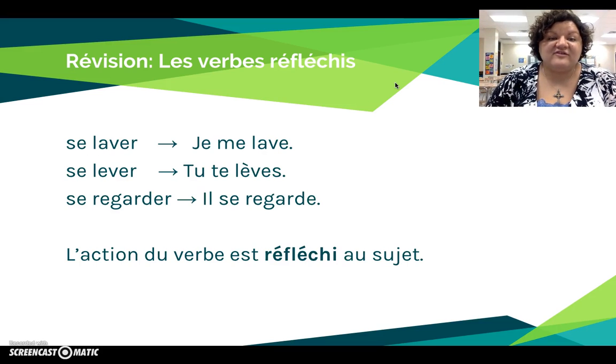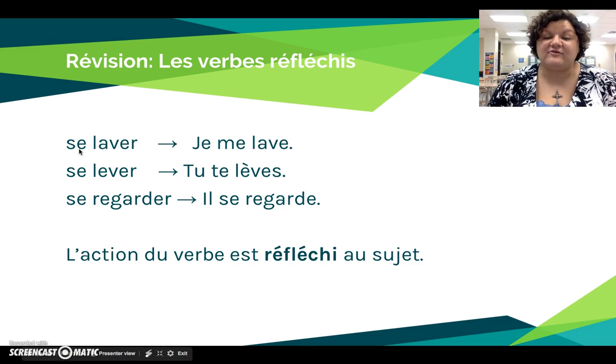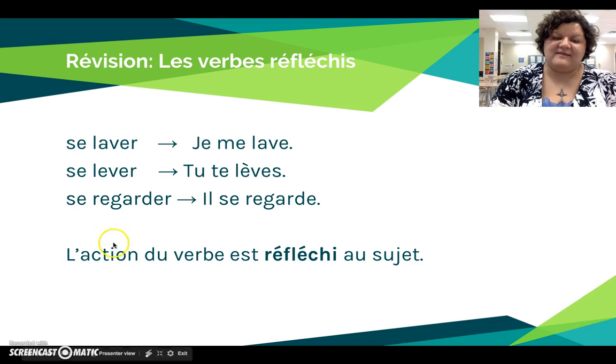So this last section is going to be about reflexive verbs, or les verbes réfléchis. Just a quick reminder in the present tense of how we use reflexive verbs. You recognize them by the se in front of the infinitive when you're looking at a vocabulary list or in the dictionary. And that's an indicator that the action of the verb is reflected back